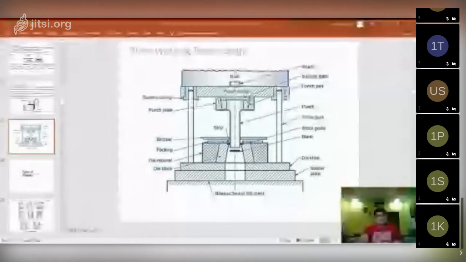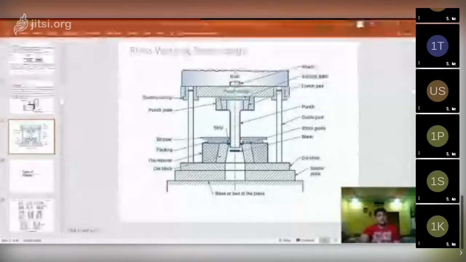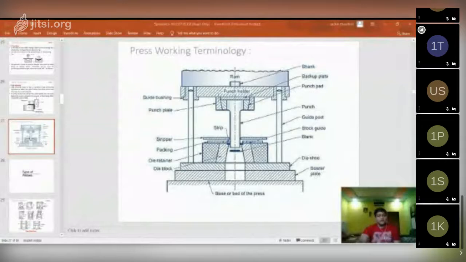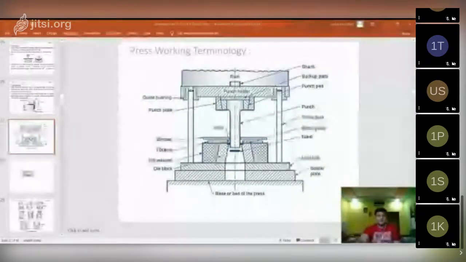So we saw different types of operations, other than our cutting operation, which are performed on the press machine. In bending, we saw what is V bending and edge bending. Then we saw the different types of frames which were left in the previous class. And then we saw the importance of clearance, how the clearance is given, how much percentage, depending upon your cutting operation, whether it is blanking or punching.